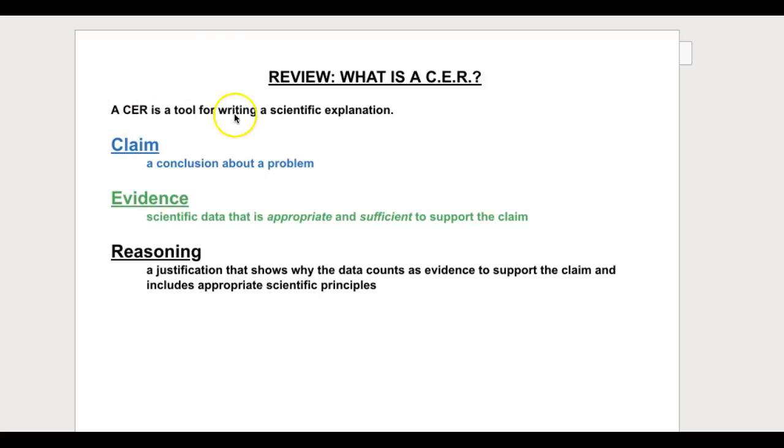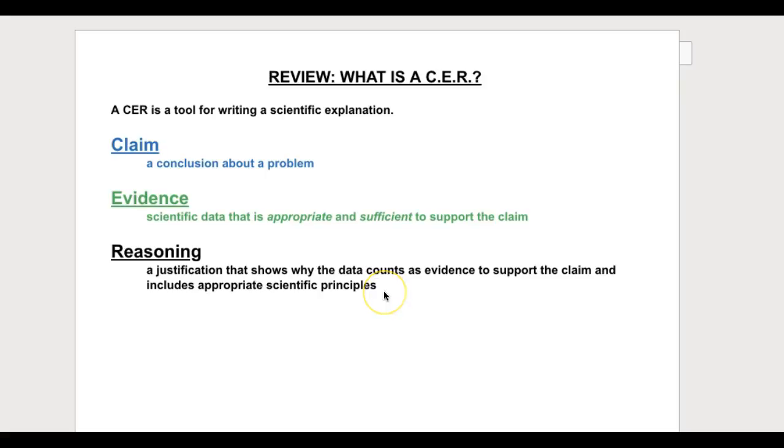A CER is a tool for writing a scientific explanation. The C stands for claim. That's a conclusion about a problem. Evidence is the scientific data that is appropriate and sufficient to support the claim. And reasoning is a justification that shows how the data counts as evidence to support the claim and also includes